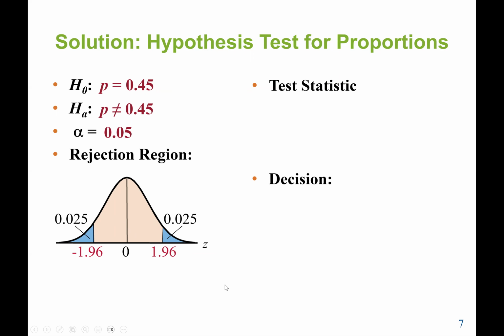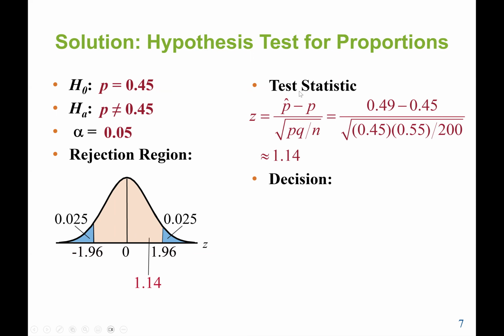So now we move to the next step. We calculate the test statistic, which is P hat minus P divided by the square root of PQ divided by N. And the value gives us 1.14. So now we can make our decision. We know the critical value, and also we know,